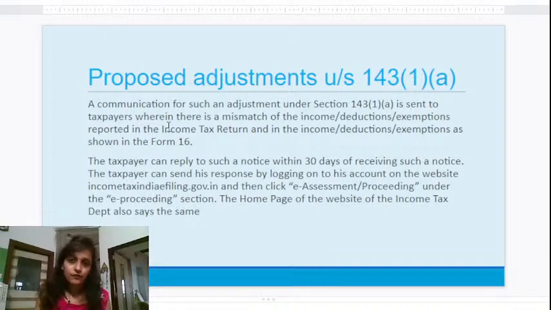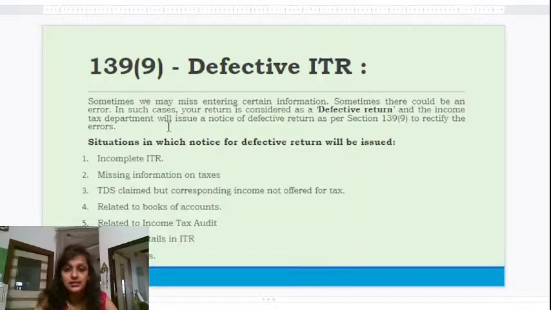If there is any mismatch, you can reply to the notice within 30 days of receiving it. You can send this response by logging in to the income tax portal, going to the dashboard page, and under the e-proceedings section in e-assessment. There, you can reply to the notice within a period of 30 days.